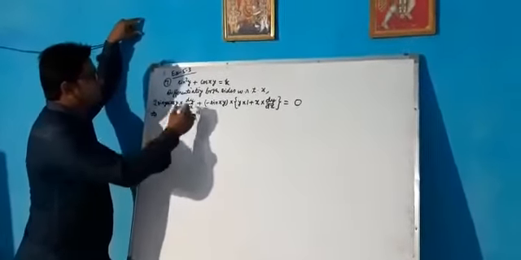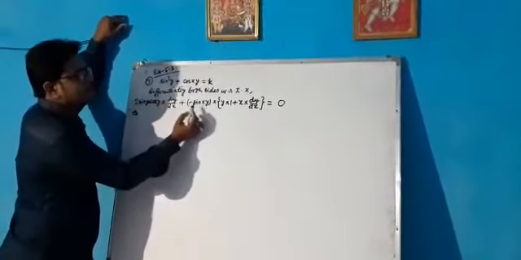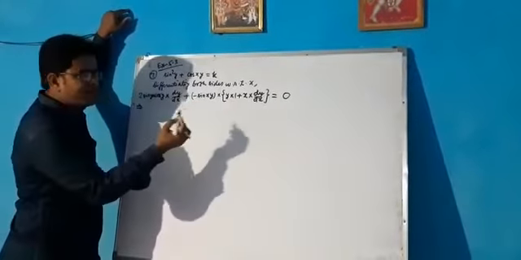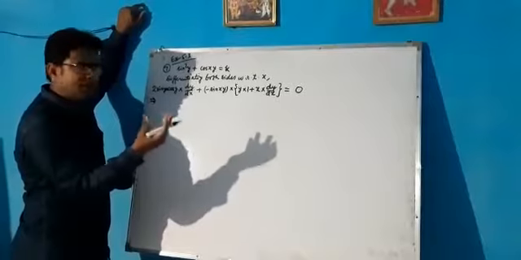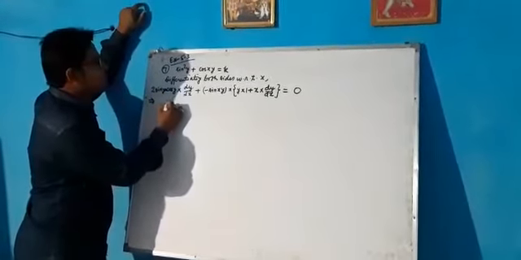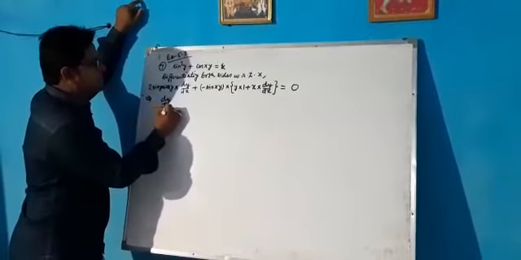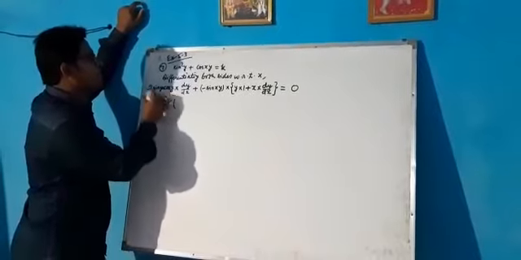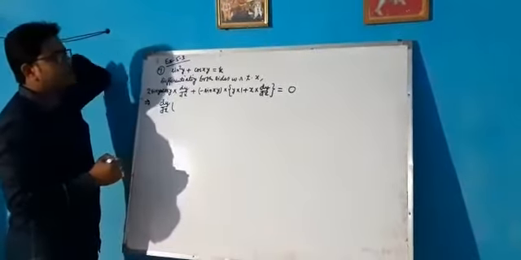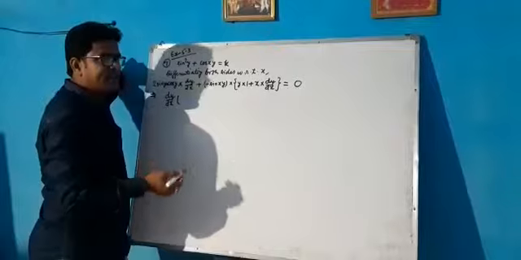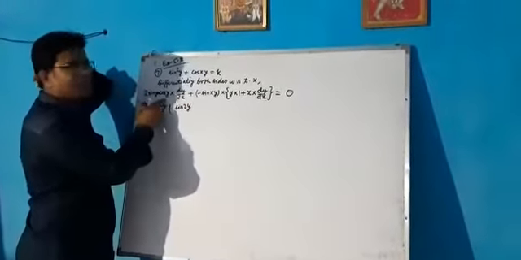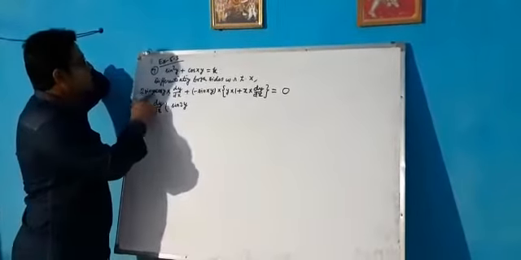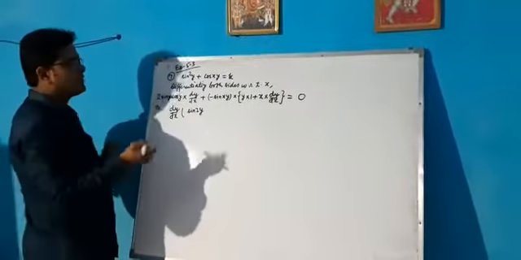Now see, dy by dx is here and in this multiplication I will also have dy by dx. So let us separate the terms having dy by dx from the terms not having dy by dx. Here we can get 2 sin y cos y. So in place of 2 sin y cos y, can I write sin 2y? Yes, it is sin 2y from the trigonometry formula. So 2 sin y cos y is sin 2y.